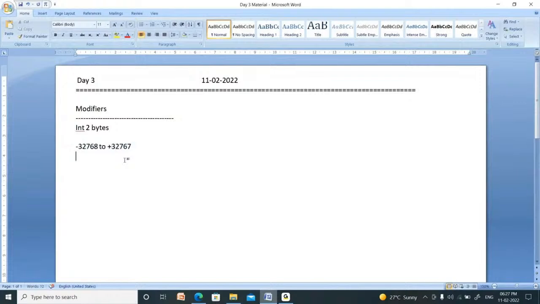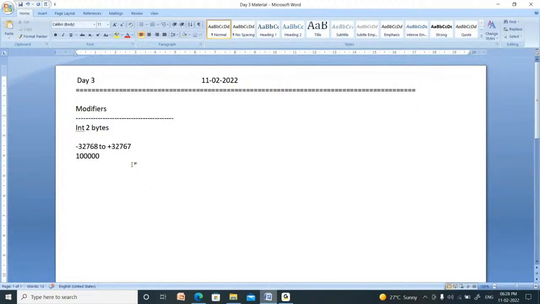Suppose there is an employee whose salary is 1 lakh rupees per month. You cannot store the value 1 lakh in an integer, because its size is only 2 bytes. For example, you have a 2 liter water bottle.